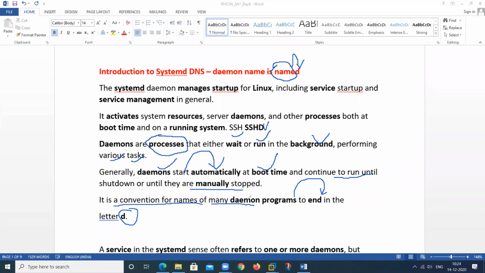But mostly the daemon name ends with d. So d means daemon. We can start the service, we can stop the service. All of these things will be controlled by the daemon. So this is about systemd and about daemons.